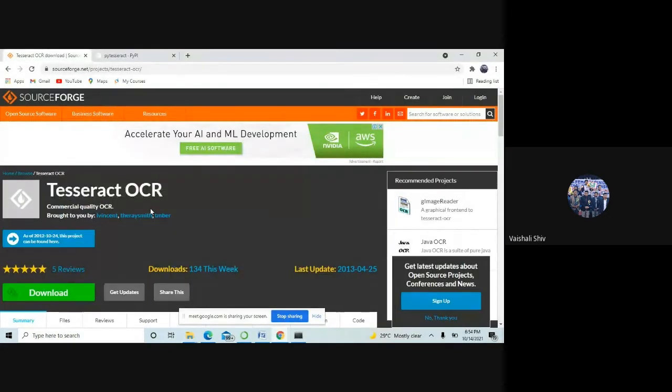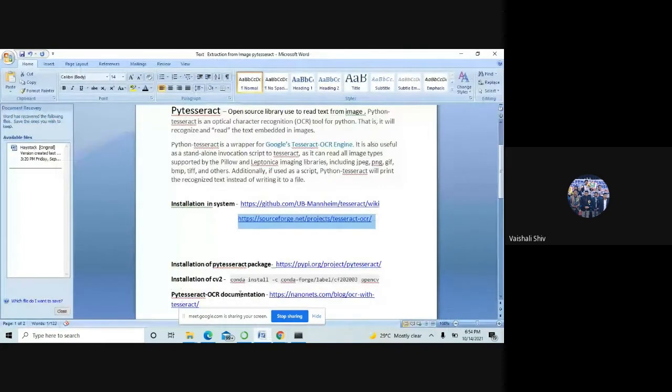Arun, can you see now? You have to download this one, Tesseract OCR. Once you have downloaded, it will be in zip format. You have to unzip it. Can you see the documentation?